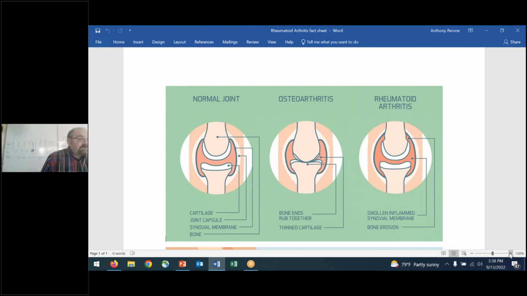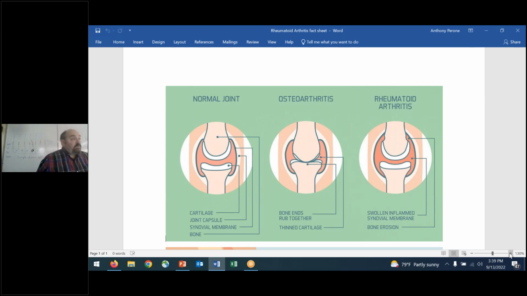So that osteoarthritis is just as a result of living your life and being active, and there can be some damage to the joints of your body, okay? So you see how the bones are very close together. They can even rub, folks. That's not a good thing, right? That would not be healthy. Look on the right side of that image and you'll see rheumatoid arthritis. Rheumatoid arthritis can also affect what goes on with the joints. There's inflammation present and damage to the joints. And both are not a fun condition to experience.